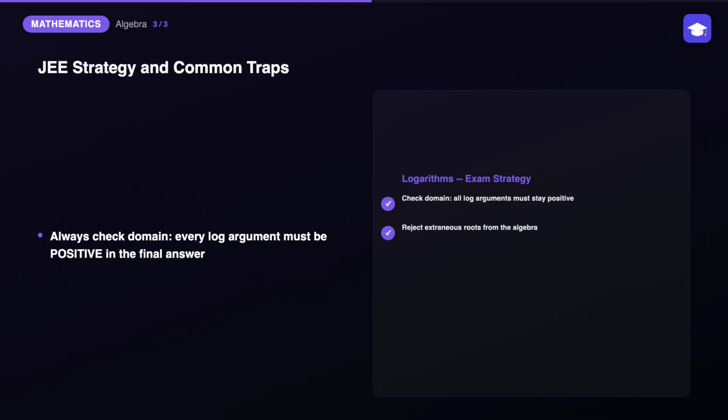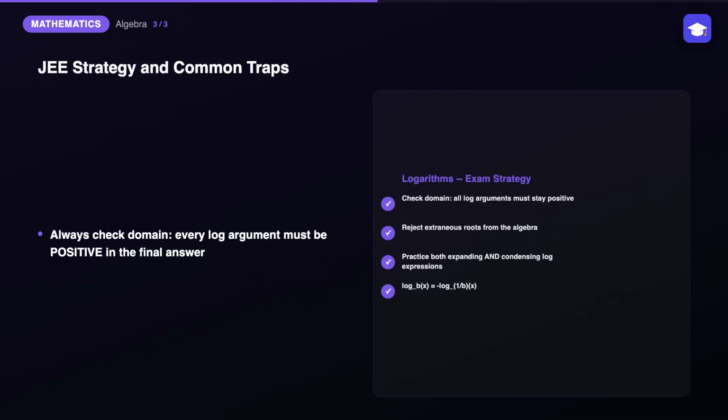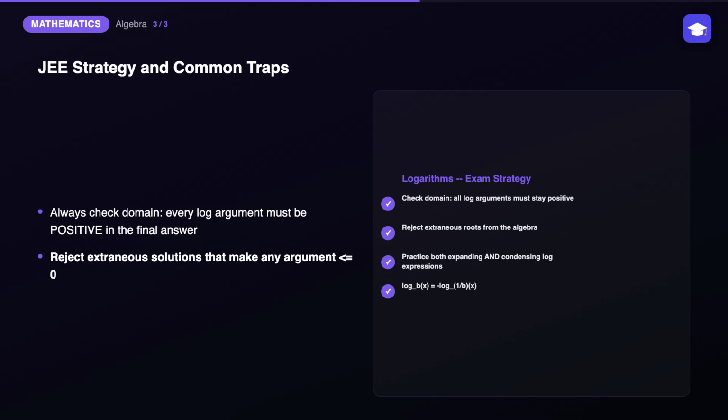A frequently tested JEE trap involves the domain restrictions on logarithmic equations. Whenever you solve a logarithmic equation, you must go back and check that every single argument inside each logarithm is actually positive for your final answer. Extraneous solutions that make an argument 0 or negative must be rejected, even if they satisfy the equation algebraically